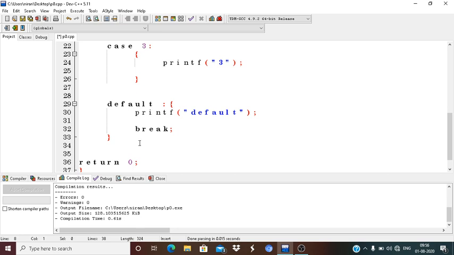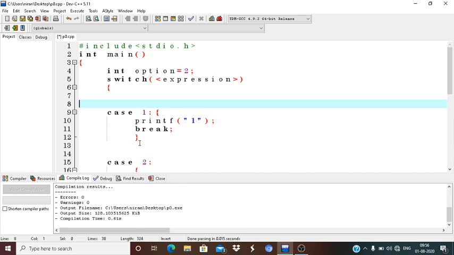When the compiler sees the break statement, it immediately comes out of the switch statement block. So the break statement is important to execute a particular case. Break is used to transfer the control to the end of the switch statement.